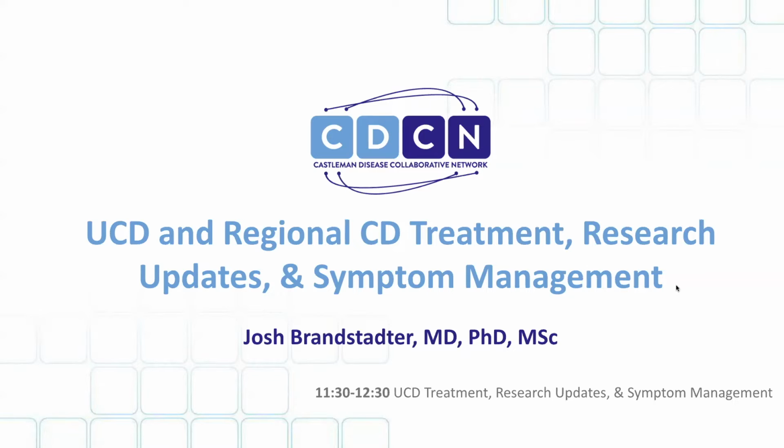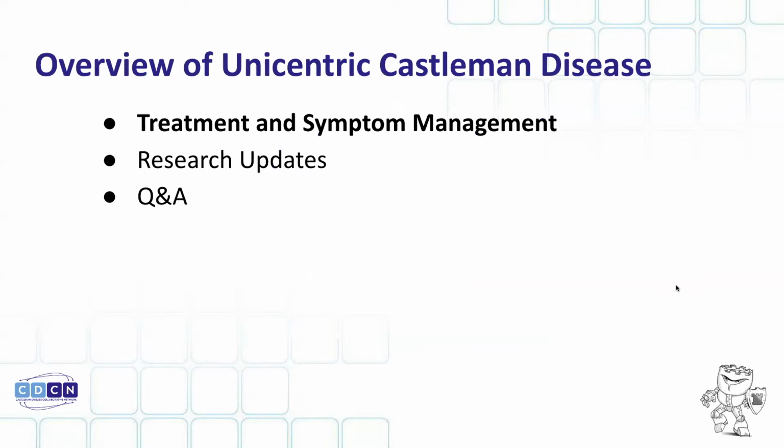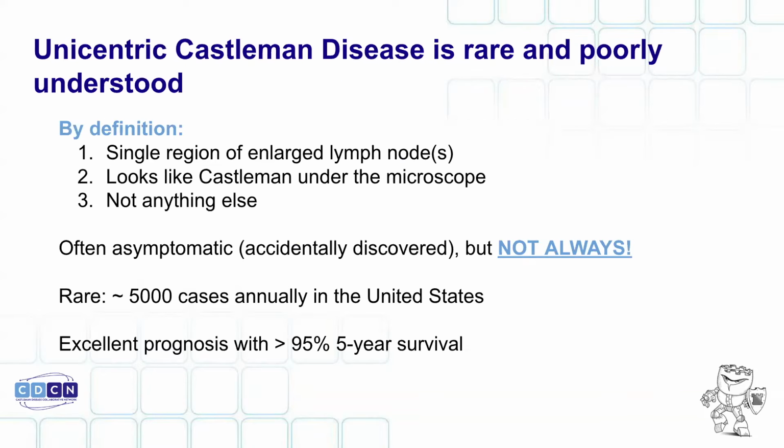Okay, so let's see if I can advance a slide. All right, we're going to talk about the overview of unicentric Castleman disease. We're going to talk about its treatment, its presentation, and I will give you a little bit of a sneak peek into some of the things that I'm thinking about causes of Castleman disease in the lab, with my efforts being mostly focused on unicentric disease, because I think there's some better suggestions of genetic changes that give us a little bit of a useful cudgel into learning more about how Castleman is caused.